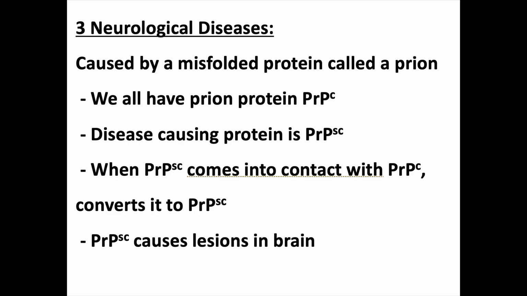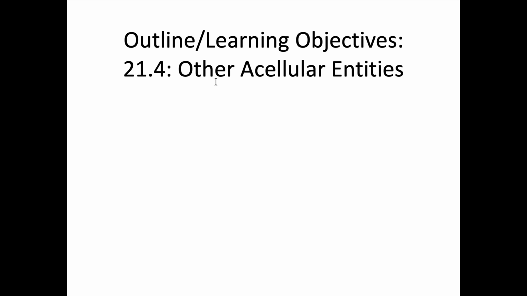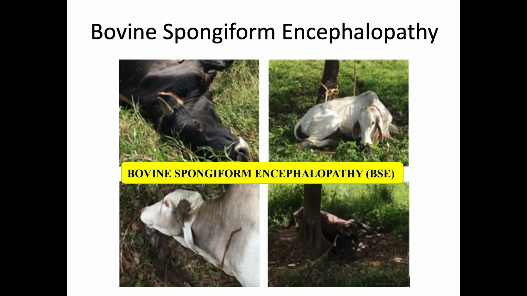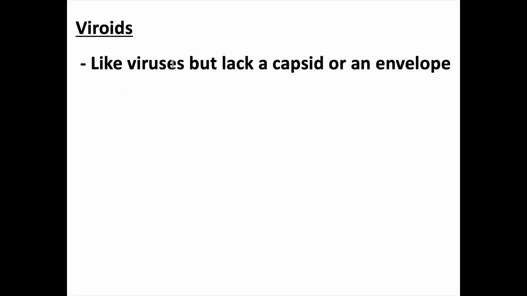And again, this is not a virus. It's in the virus chapter because it's this sort of other acellular entity. So like a virus, these prions are acellular. They're not living things, but they are responsible for some pretty significant and important diseases. There's actually one other acellular entity in this chapter. I won't present this one as a mystery, but another acellular entity is something called a viroid. A viroid is like a virus, but it doesn't have a capsid and it doesn't have an envelope. And you should remember that a virus is just genetic material in a capsid and maybe an envelope. If you're talking about something that doesn't have an envelope and it doesn't have a capsid, isn't that just genetic material? Well,